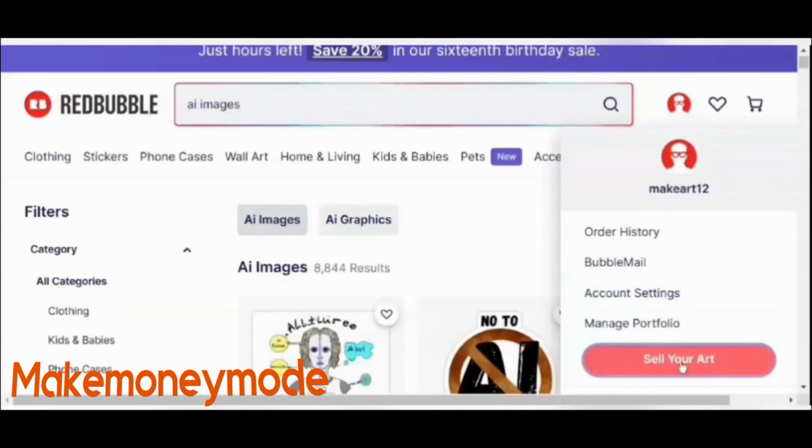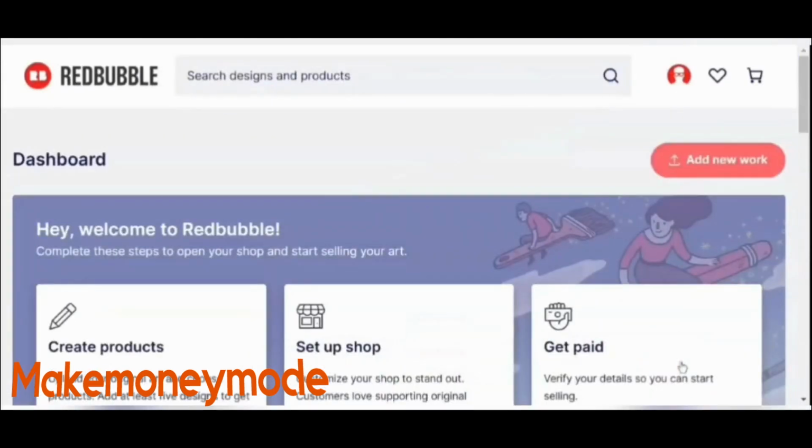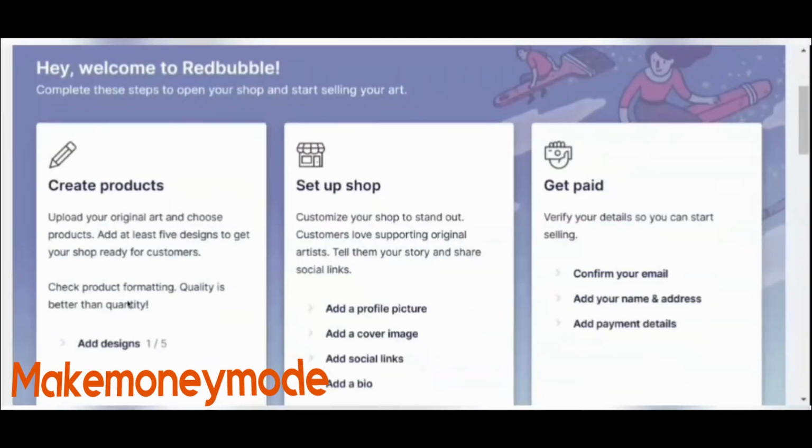If you want to sell art, you need to click here and complete these requirements. You need to add your profile picture, cover image, social links, the bio, confirm email and address, and the payment details. Whenever you make a sale, they're gonna send you money